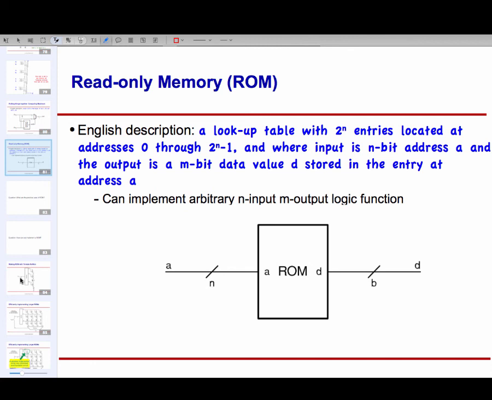Okay, so anyway, going back to our memory story. Memory is nothing but a bunch of locations which are addressable. Each has an address, and I give the memory the address, and it goes and looks into that location, and whatever data value is there, it returns that data value. So a memory takes an n-bit address. If it has an n-bit address, how many locations would it have? 2 to the power n, right? Because I can express 2 to the power n different slots. It will go into that location and then return me the value which is there. All locations are equal in size, so it's returning me a b-bit value.